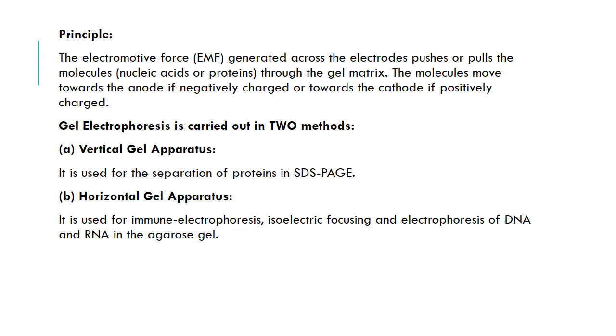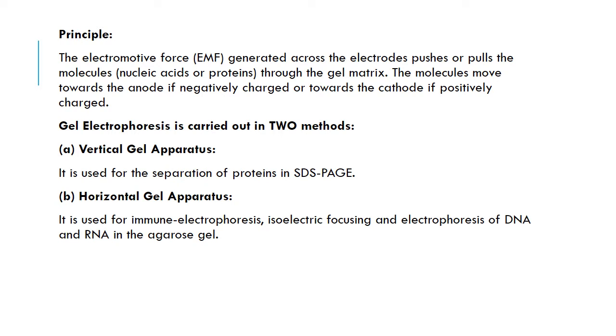Now, when we're talking about gel electrophoresis, this can be carried out in two methods. The first one is the vertical method, and the second one is the horizontal method. When we talk about the vertical method, the best example is SDS-PAGE, which we can use when we want to separate proteins. And the horizontal gel apparatus